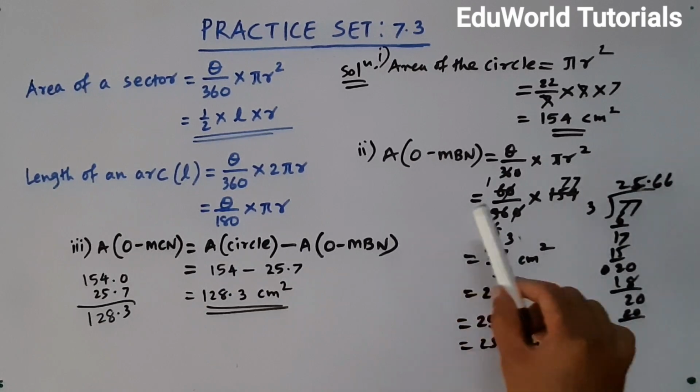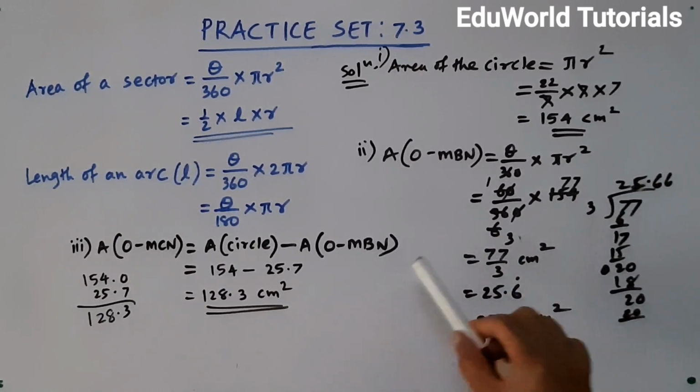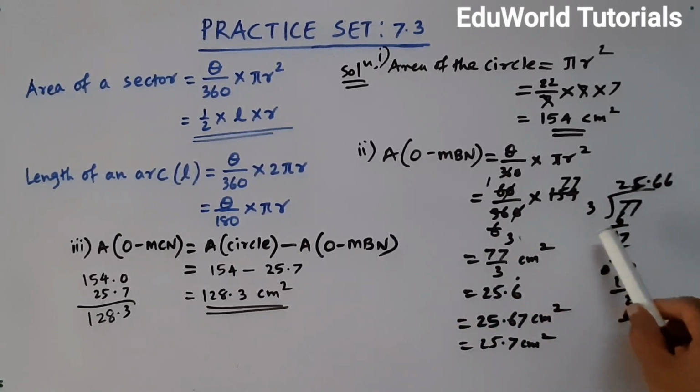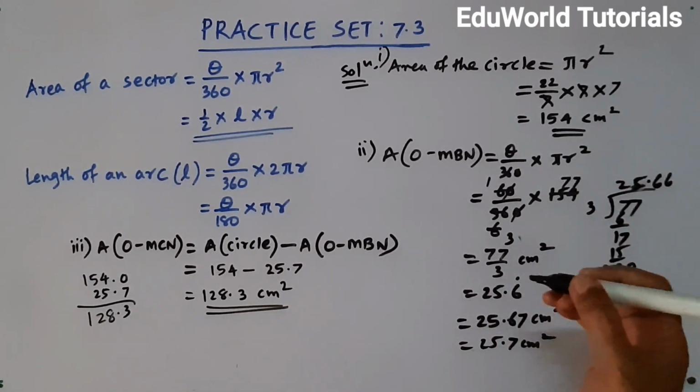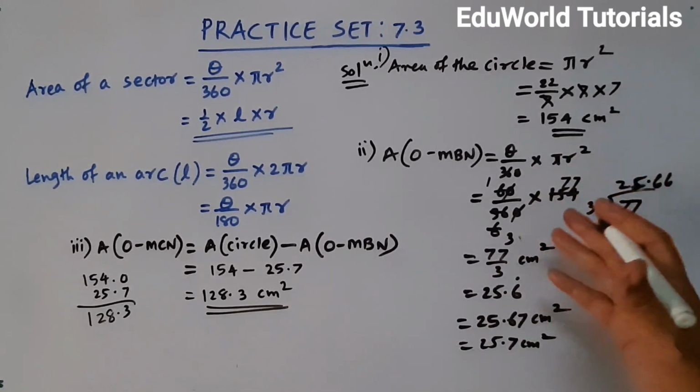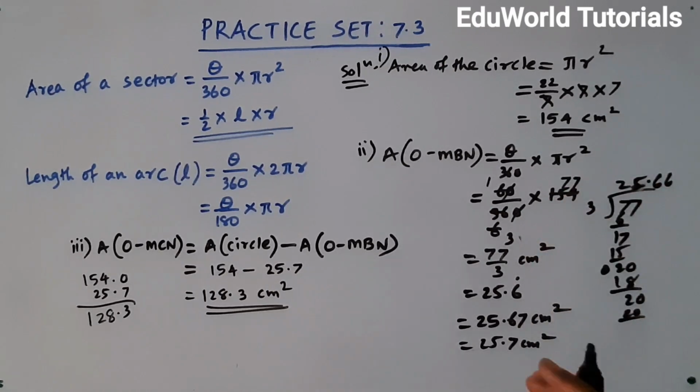Okay, very simple sum. This sum can be asked for 3 marks. Be very quick in calculating, either doing division or multiplication or addition, subtraction. And even cancellation. During cancellation also use tricks so that your time is saved.